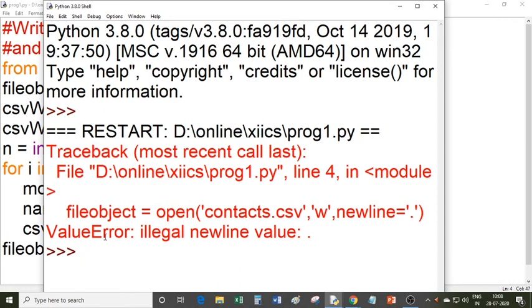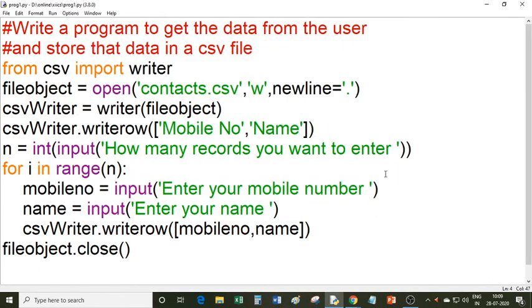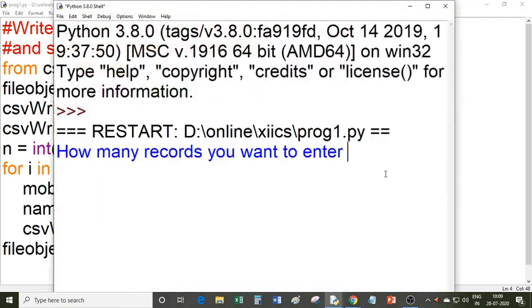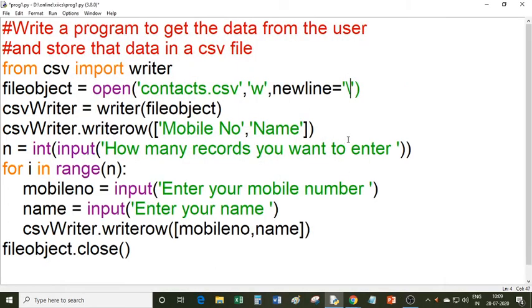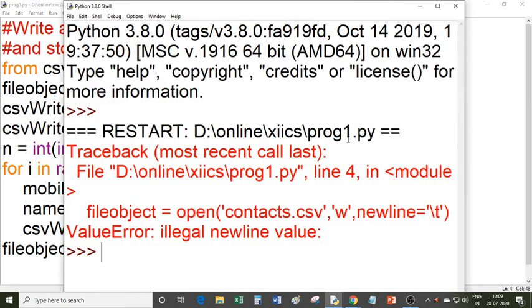So it is displaying a legal newline value error. Let's see, what will be in newline, slash n? So it is a correct newline character. You have to pass a correct newline character. Let's see slash t. So it is not a newline character.